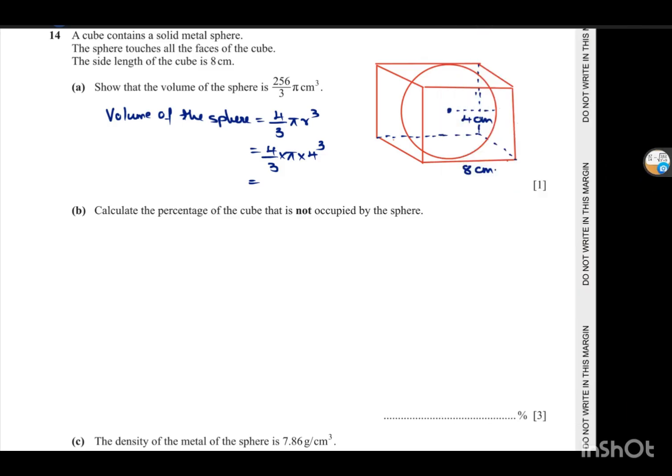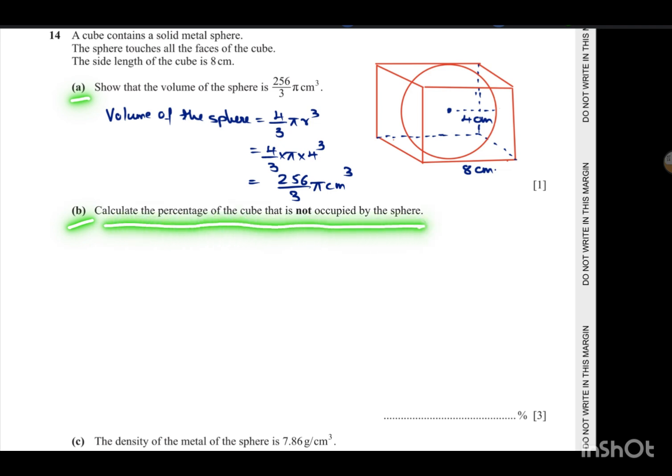So it is 256 by 3 pi centimeter cube. Question number B. A is already done. Calculate the percentage of the cube that is not occupied by the sphere. Now we have to find both the volume of the cube and the sphere, which we have just done in question A. So volume of